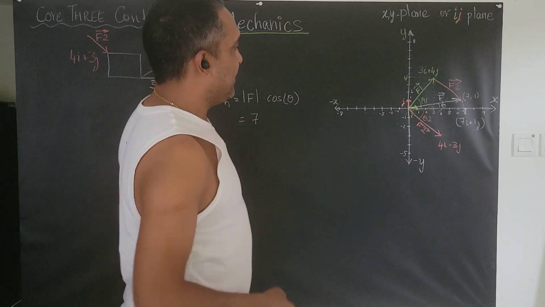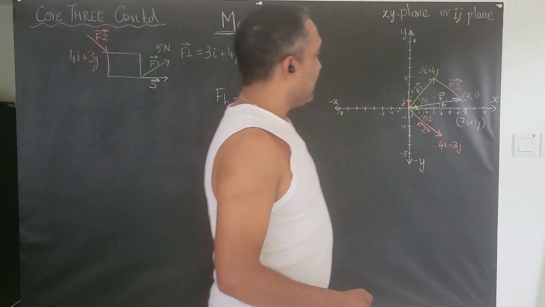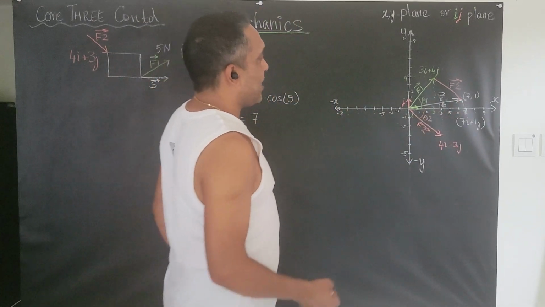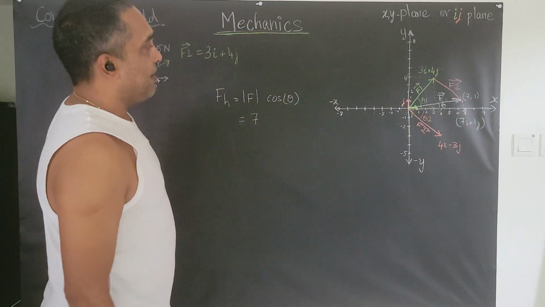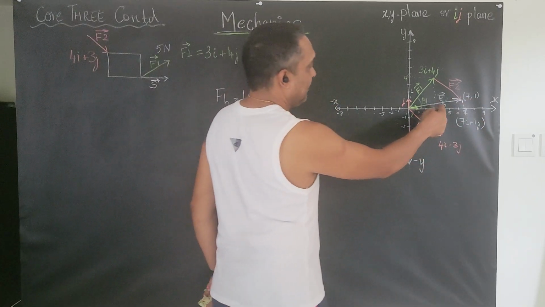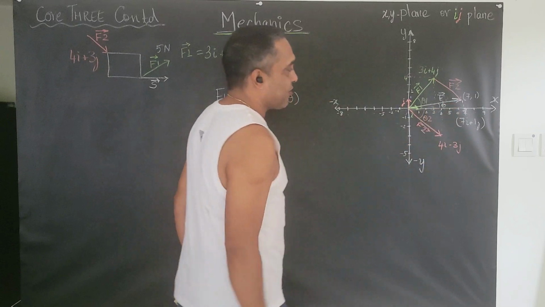Magnitude of F in this case would be, well, the hypotenuse would really just be the square root of the square of 7 plus the square of 1, which is the square root of 50. And then once you find theta, about 8.15 degrees,